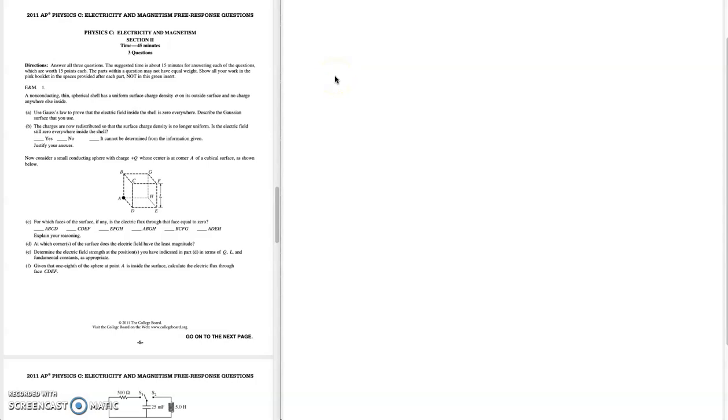2011 E&M number 1. Problem number 1 starts out with a non-conducting shell and uniform surface charge density. So if we have a spherical shell, well, vaguely spherical shell, and all the charge is uniformly spread out on the outside, we can use the symmetry demanded by Gauss's law